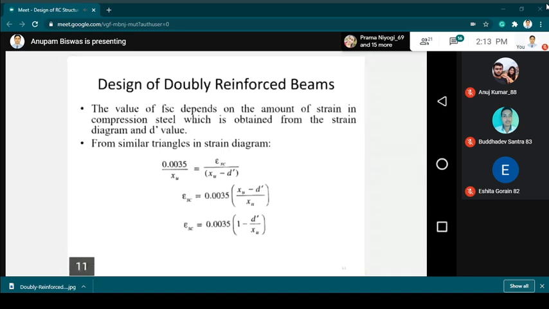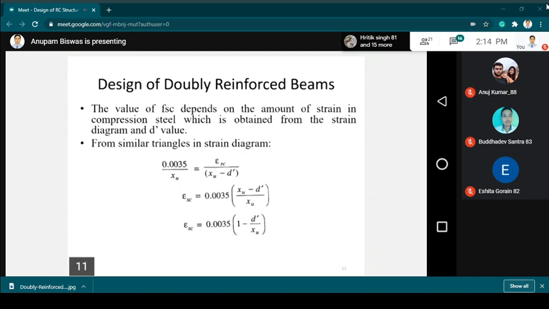From here we will actually get the value of FSC. This is actually the stress in compression steel, and this is obtained from similar triangles from the strain diagram. So if you see the strain diagram for the corresponding compression zone steel, it is epsilon SC. So to find this value of epsilon SC, we have to see the strain diagram, and from similar triangles, we can say that